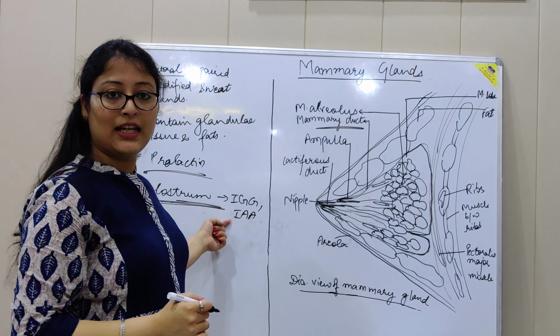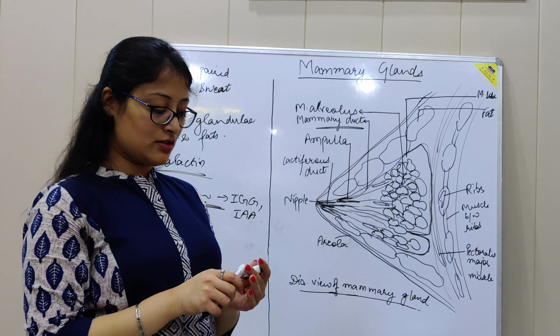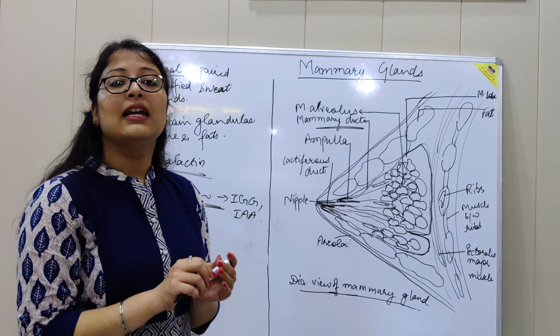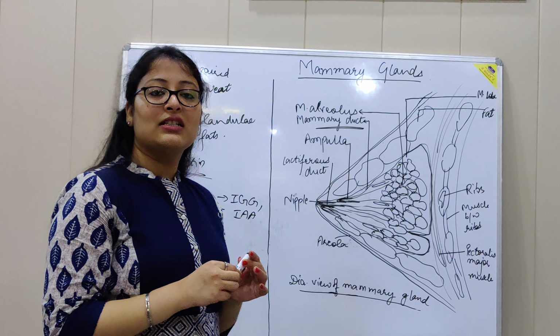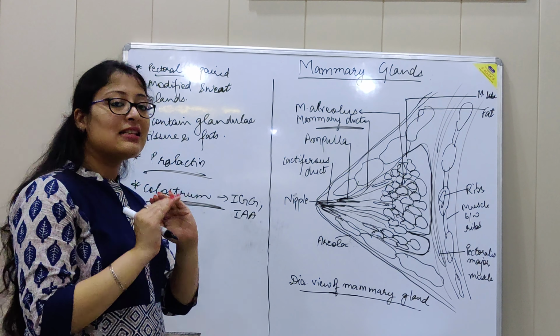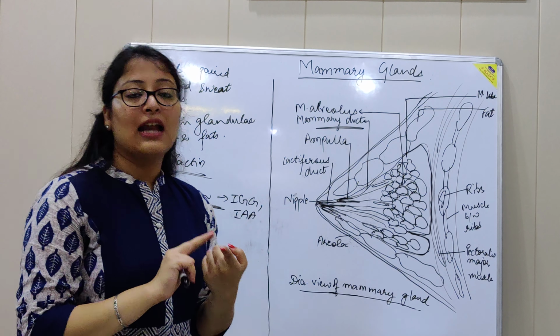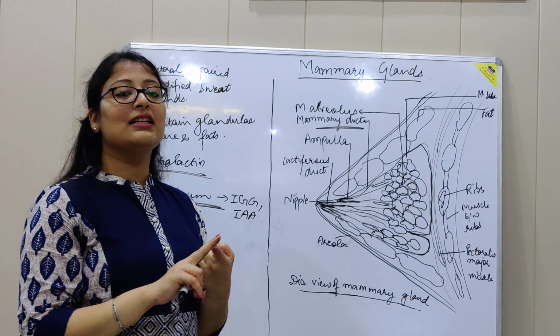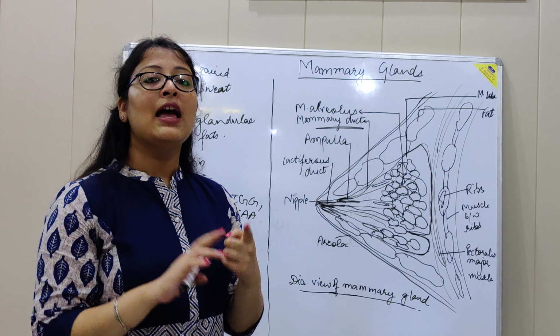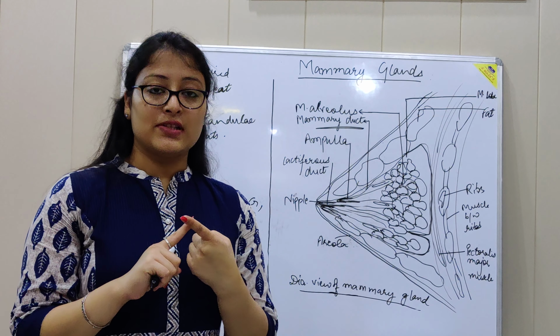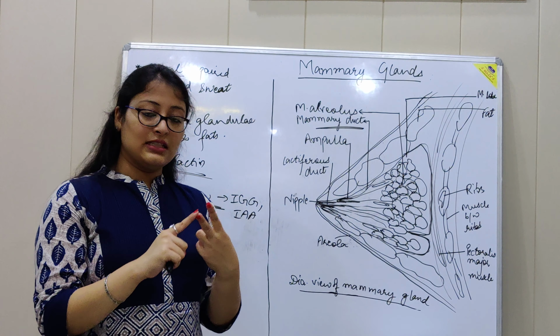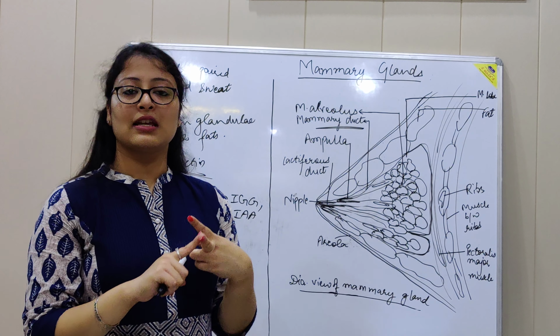Colostrum consists of antibodies. Further, what things does it consist of? It consists of lactose, mineral salts, vitamins, water, etc. But the things it lacks are iron and vitamin C. These are the things that colostrum does not contain, and the things that colostrum consists of are water, mineral salts, vitamins, antibodies, lactose, etc.